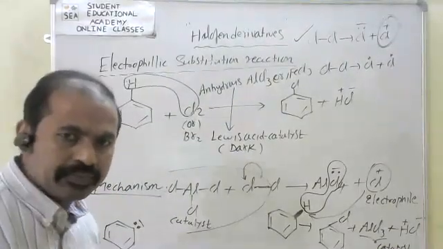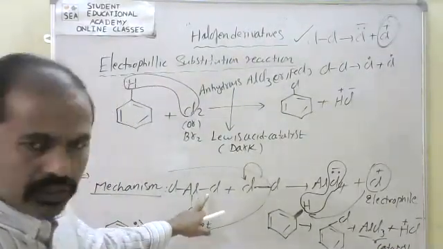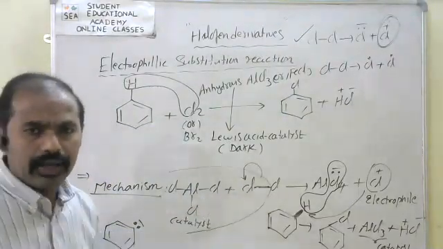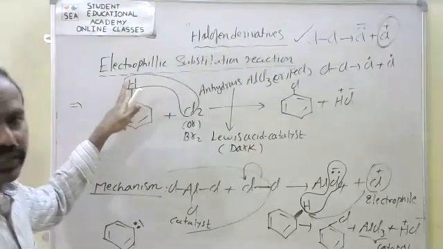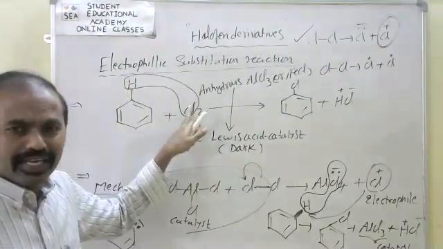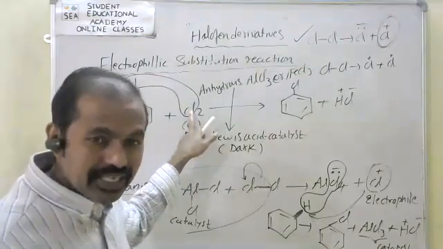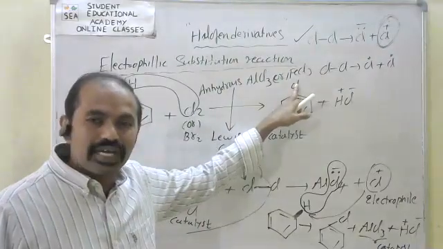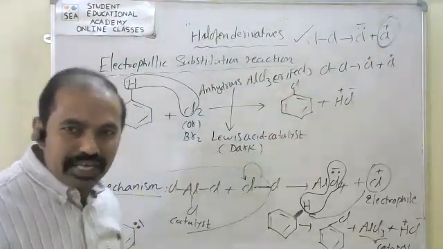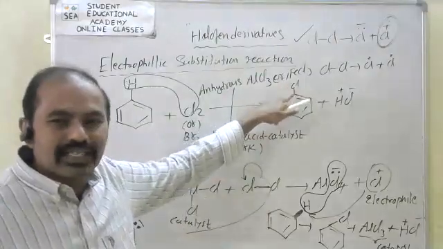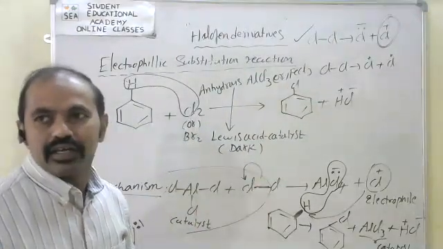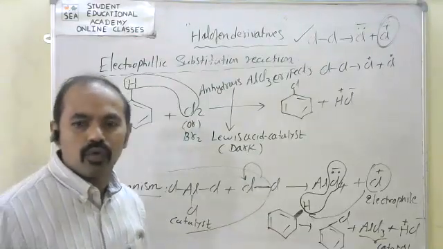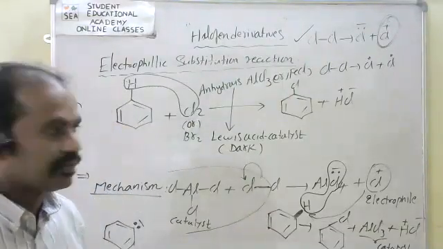Now see. For objective and descriptive questions, we directly take it like this. H combines with Cl to give HCl, H plus and Cl minus. Here Cl plus remains. The Cl plus is substituted on the place. That is the Cl plus electrophile in an electrophilic substitution reaction. By using that, we prepare chlorobenzene or bromobenzene, right?